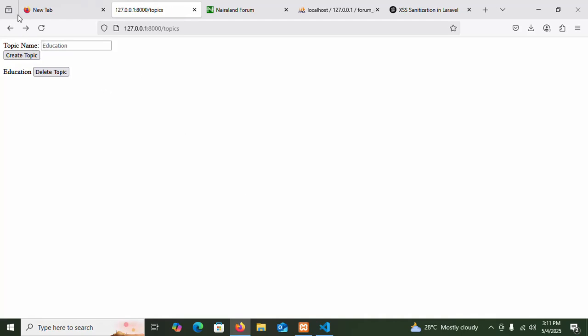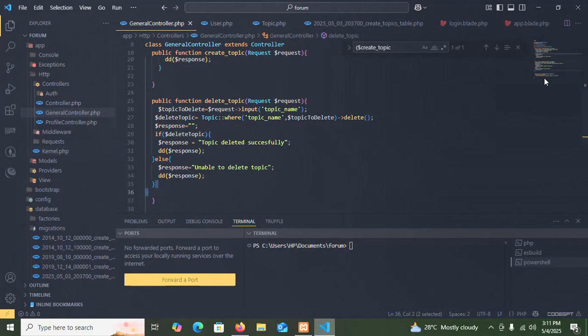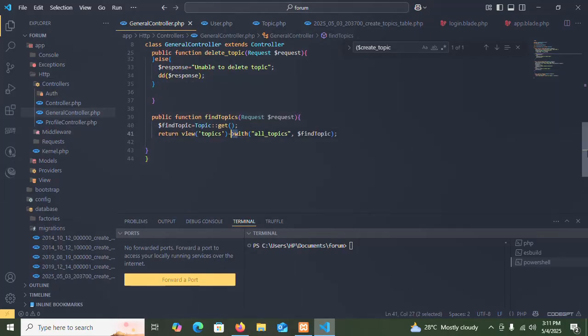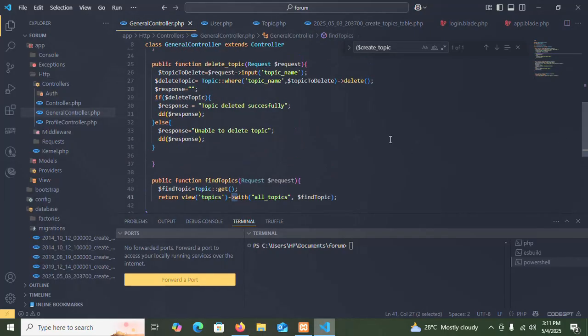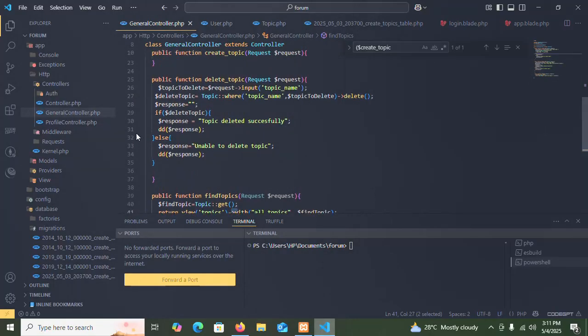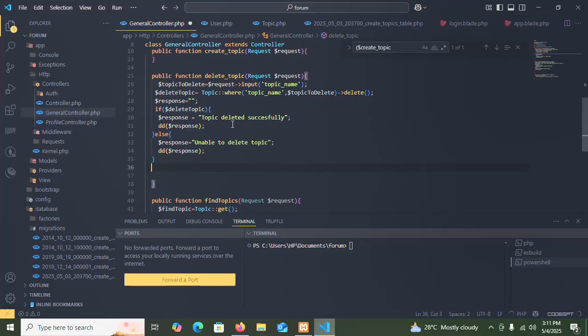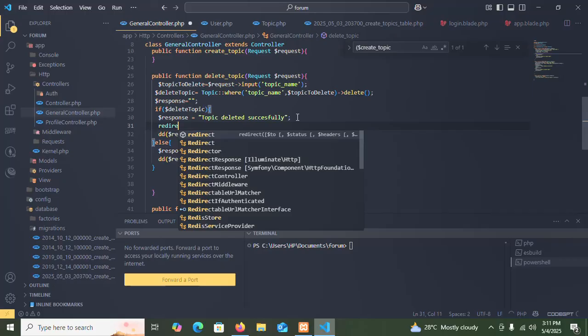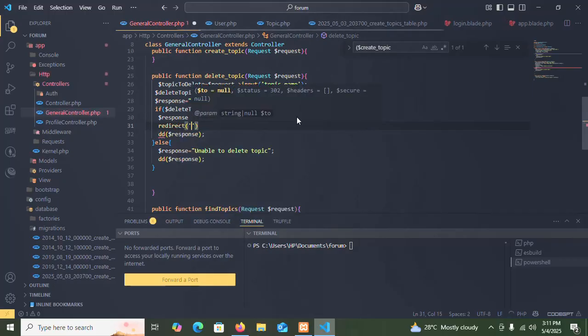Now, why are we going back manually? All of this is very simple. Now, let me just add the functionality to redirect to the view of topics. So when we delete a topic, we just redirect back to the topic. So what do we say? Whenever we delete and the deletion is successful, we say redirect to slash